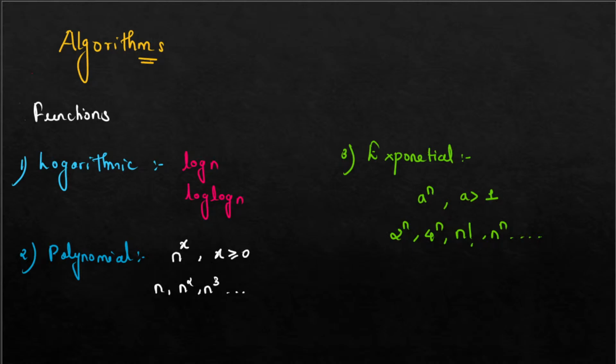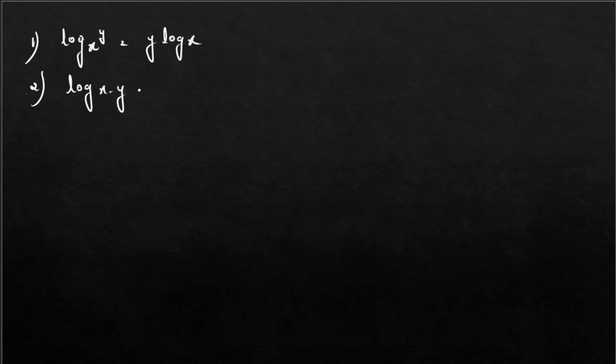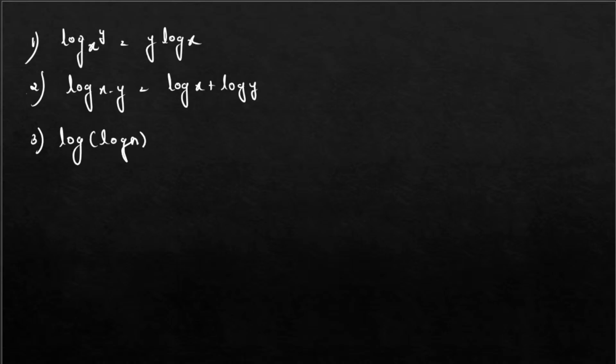Now let's see the properties of log. Properties of log are very important. Let's see the properties one by one. So how will we write log x to the power y? It will be y log x. Second, log of x into y will be written as log of x plus log of y. After that, third is log